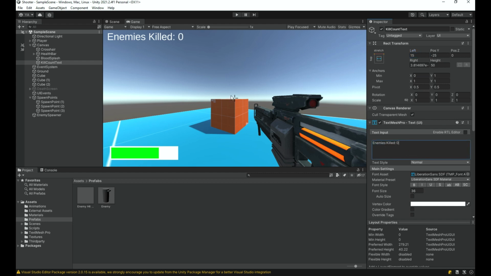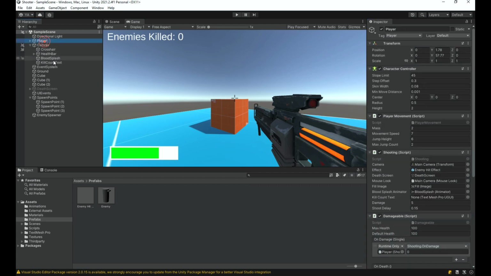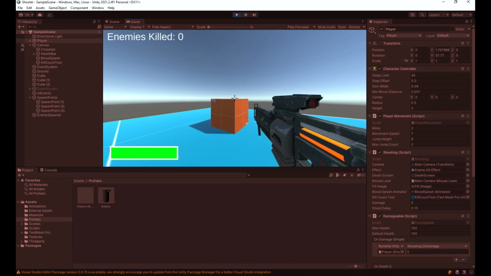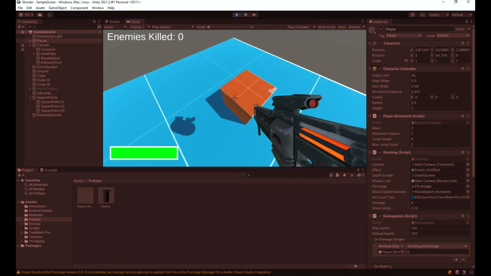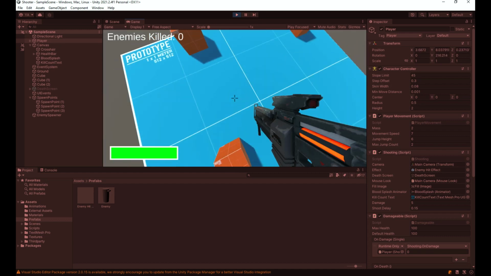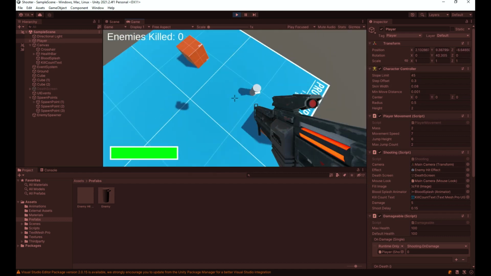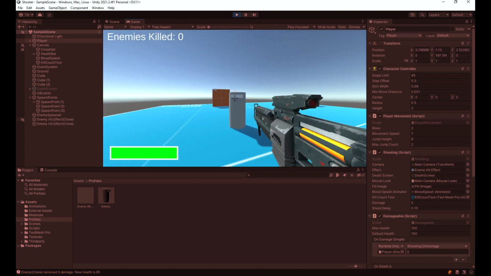Now what I can do is select my player and drag this kill count text in here into the kill count text field. Now when I hit play, you can see that it's saying enemies killed 0. Okay, and now if I wait a little bit for the enemy to spawn, and then I will kill him, and if I do that, then it should work. So if I shoot the enemy,